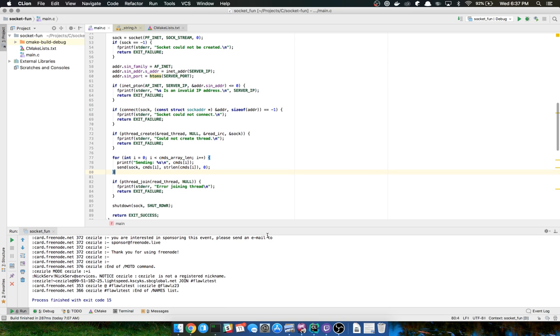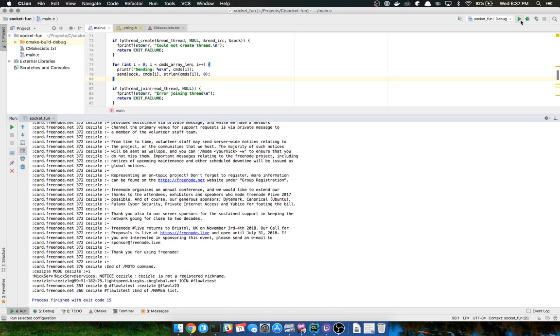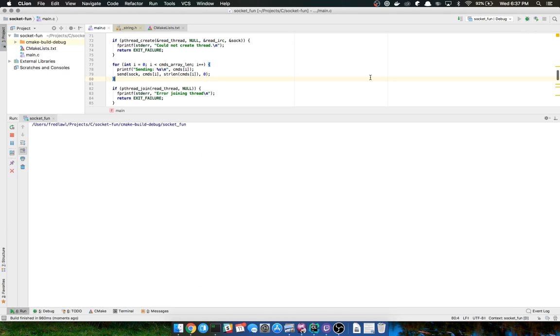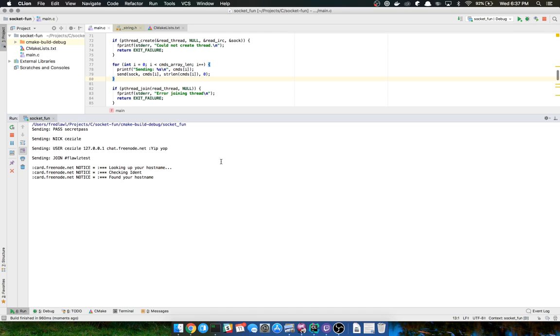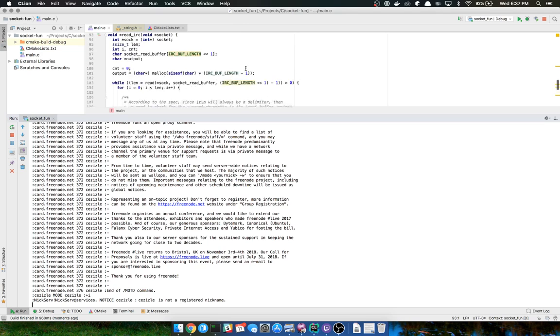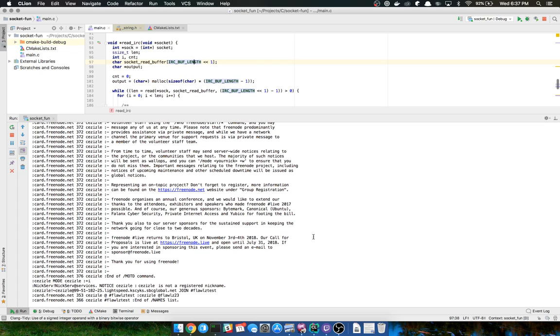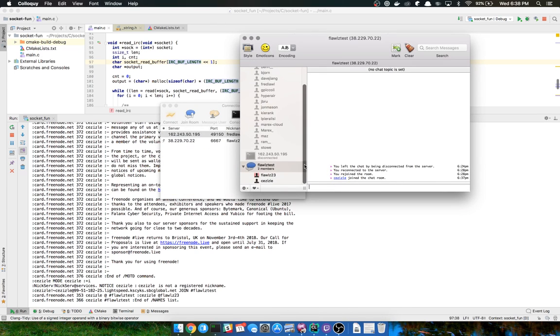So, I just want to demonstrate that to show you what's going on with this, just to show that I actually indeed fixed my problem. So we're going to build it. We're going to get some of this output back, and in a minute it's going to do the message of the day. I've actually increased my read-in buffer to be double the length of a full line in IRC, which is defined by 512 characters, 510 explicitly without the carriage return. So that's all that output there.